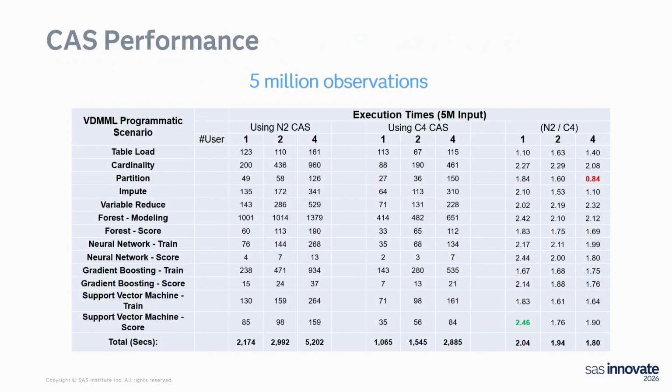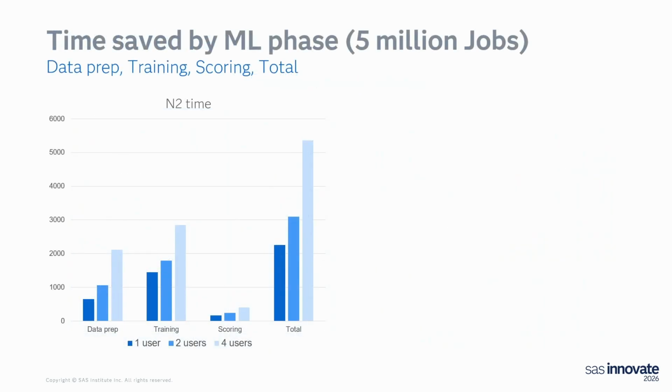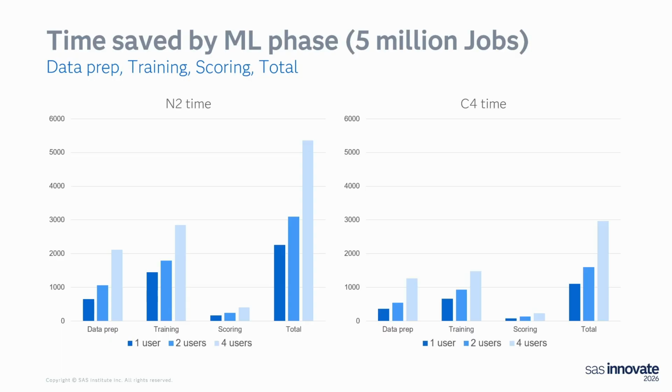This is for the 5 million data set. Again, just throwing up to you so that you know it exists, and we could drill down into it by the numbers. Again, summarizing into data prep, training, scoring, and total. This is for the N series and same story. So we just want to make sure as we continue to climb that we're seeing the same trend. And it's pretty clear that, again, you're getting about a 2x performance boost across all the dimensions, from data prep to scoring and from 1 to multiple users, which is really great to see.